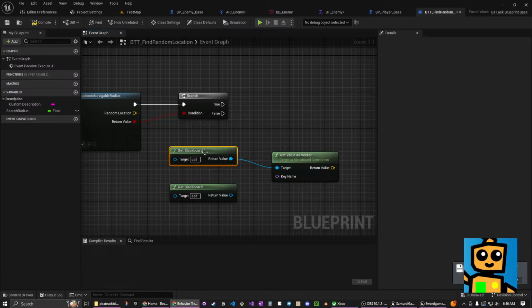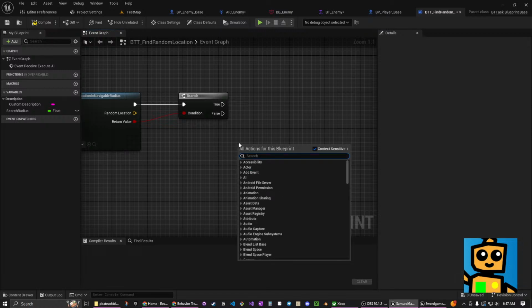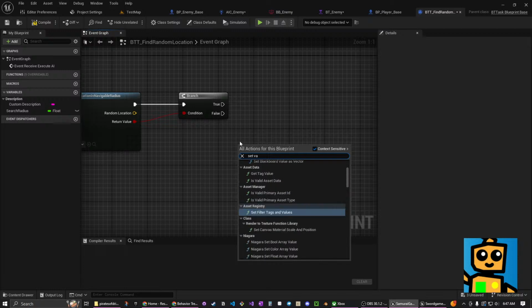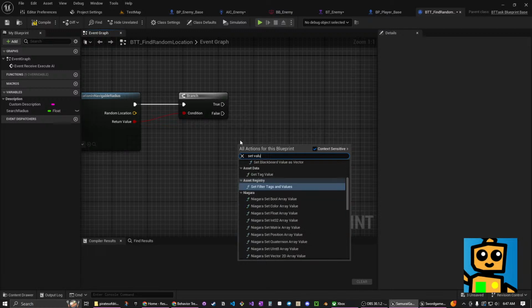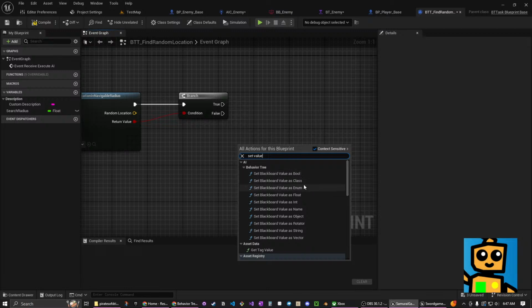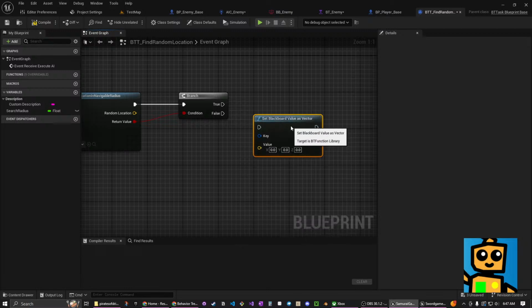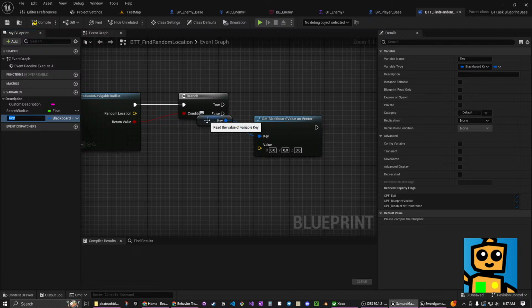Okay, so this is kind of more of an external way, I think. In here, you can set value. What did I have it before? Set. Okay, set Blackboard value as a vector. Okay, so we have this, and then this key we can promote to a variable. Yeah, okay. So you promote this to a variable, you call it,